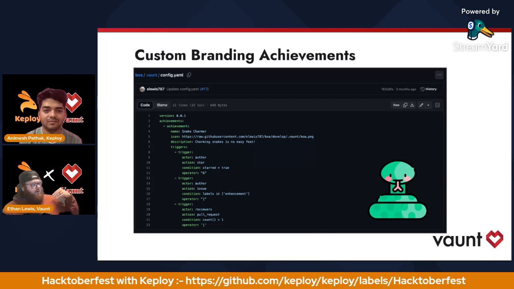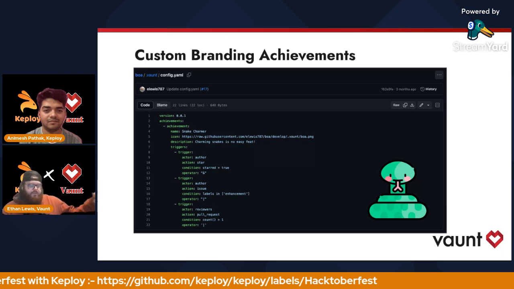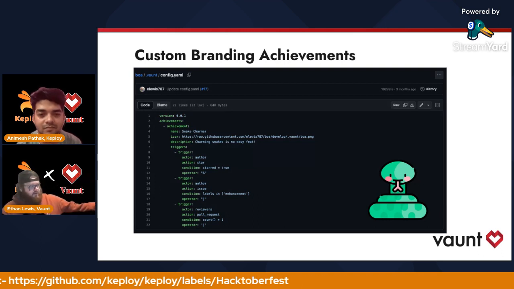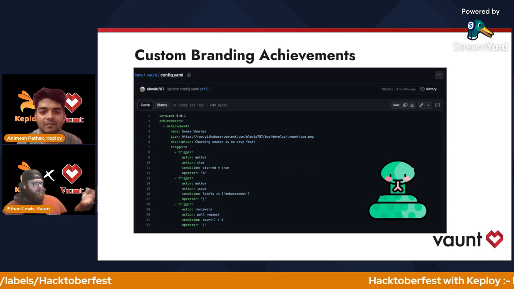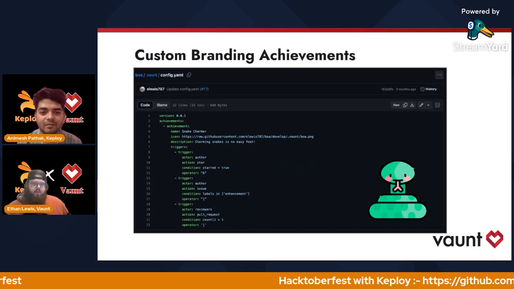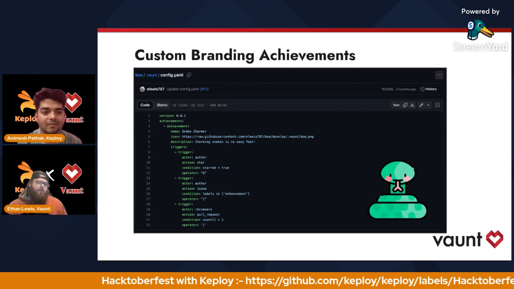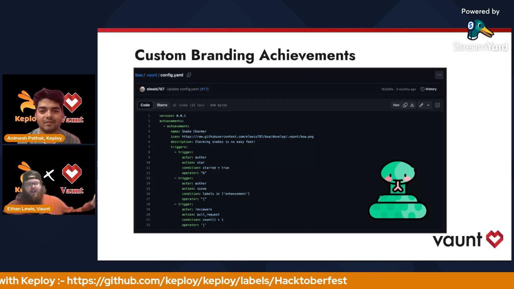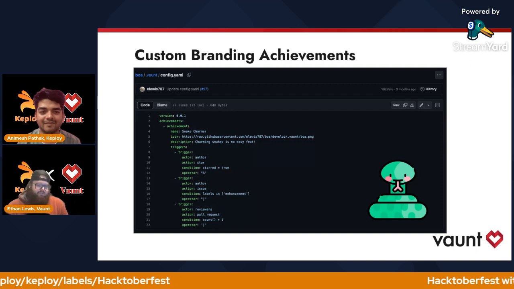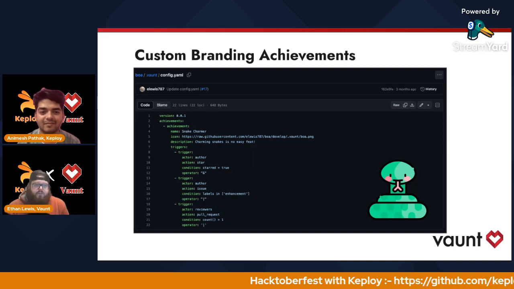So the user comes in and stars the repository, and they also need to open an enhancement issue or review a PR for me. That's how this achievement gets unlocked, and that's what I found, as the repository owner, really moved the needle for me. Of course, these can be anything you want. We have a lot of different configurations that Vaunt controls, and there's a lot of power behind the custom achievements framework.